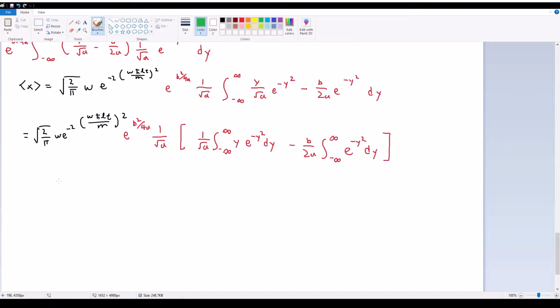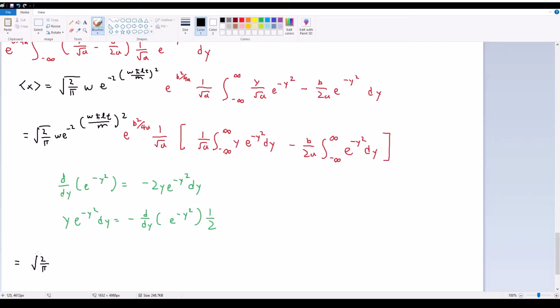So if we look, if we say, okay, d by dy of e to the negative y squared is going to equal negative 2y e to the negative y squared dy. So that means that y times e to the negative y squared dy is actually equal to d by dy of e to the negative y squared multiplied by a negative at the front and then 1/2. So we can rewrite this as